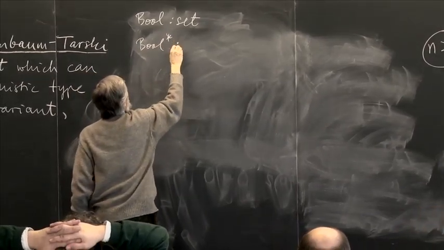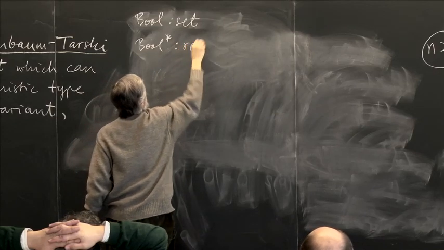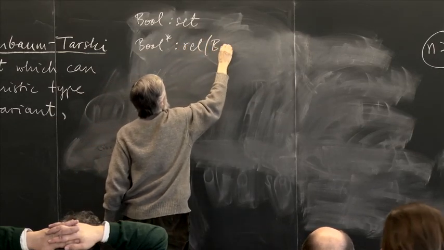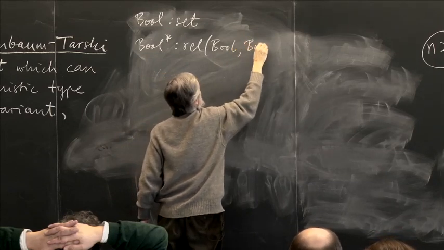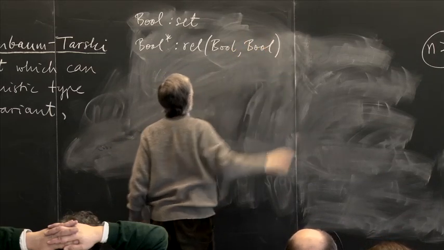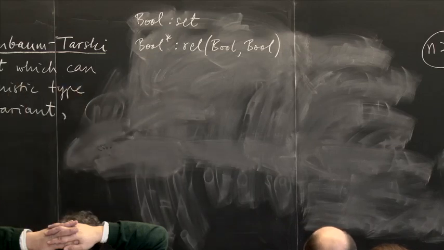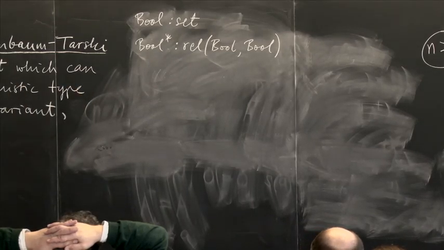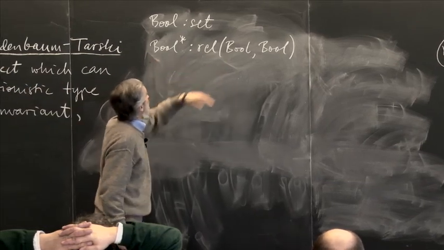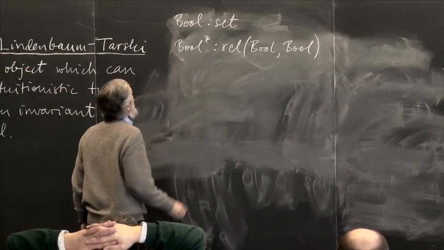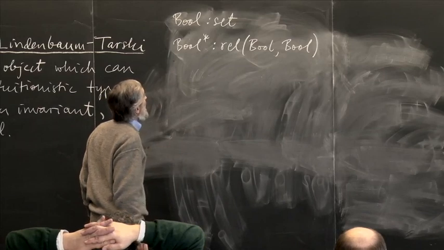And what should bool star be? Well, it should be a relation between bool and itself. So I have to define this. Well, this already gives the typing of bool star. So I should simply label this